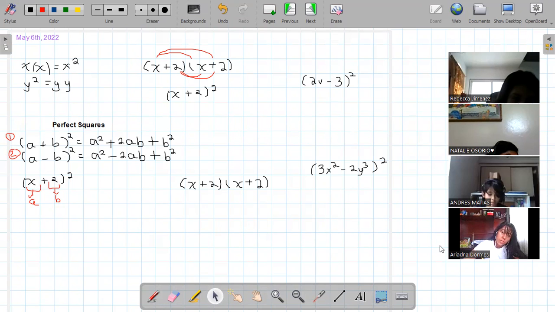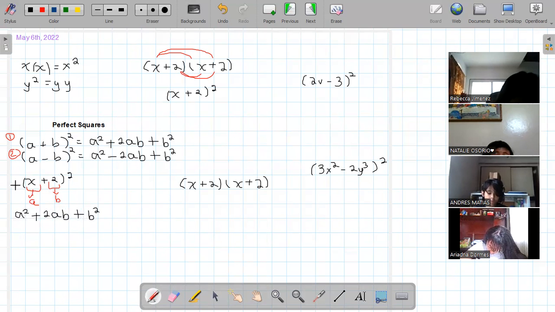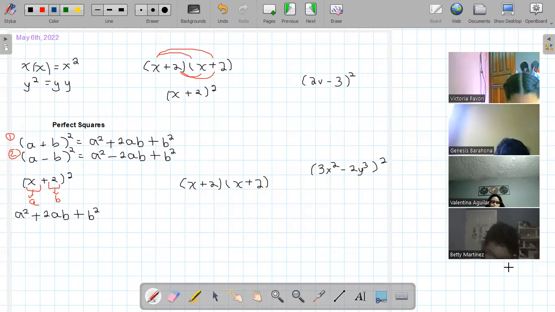The one. Formula 1, because it is an addition. Very good. So I'm going to copy this part of my formula, copying it here, and I'm going to start substituting the values of A and the values of B that I just identified. So I'm going to say A squared. A is X. So X squared plus 2 times, I'm going to place this 2 in black because